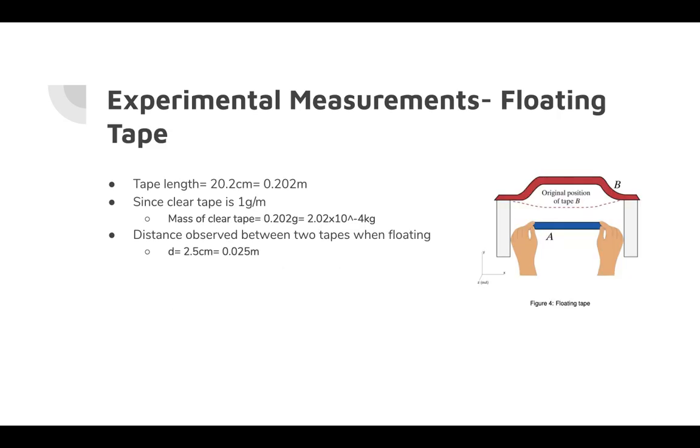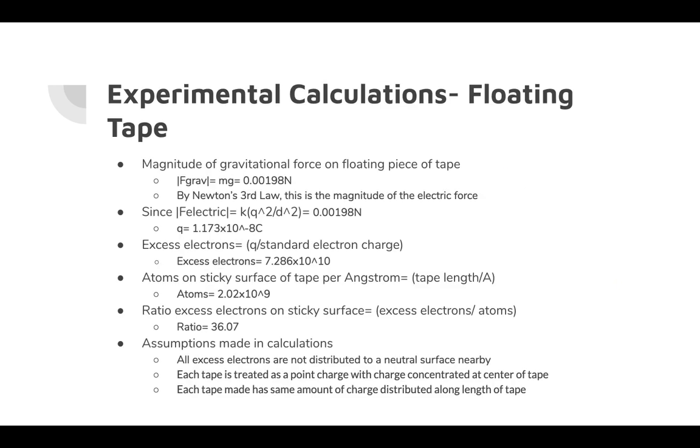The experimental measurements used for the floating tape were that the tape length is 0.202 meters. Therefore, the mass of the clear tape was 2.02 times 10 to the negative 4th kilograms, and the distance observed between the two tapes when floating is 0.025 meters. The magnitude of the force of gravity is calculated to be 0.00198 newtons, and then this is equal to the magnitude of force of electricity, which allows us to calculate Q to equal 1.173 times 10 to the negative 8th